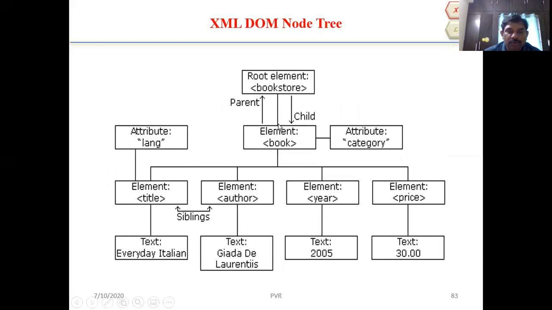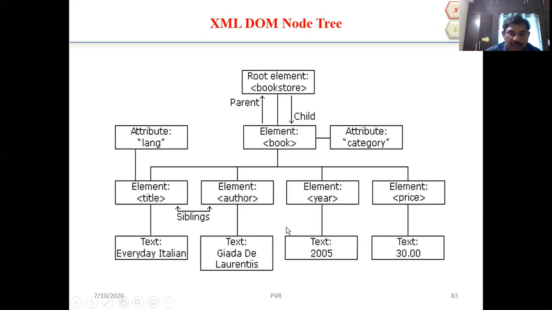Next, in the XML DOM node tree, we are taking the bookstore, and the element is book, either parent or child, and category, which means which department. For example, take the college bookstore, with branches computer science, IT, EEE, mechanical. Coming to the title, the title has a language; we can search in Telugu, English, or Hindi. And author name, year, and price.